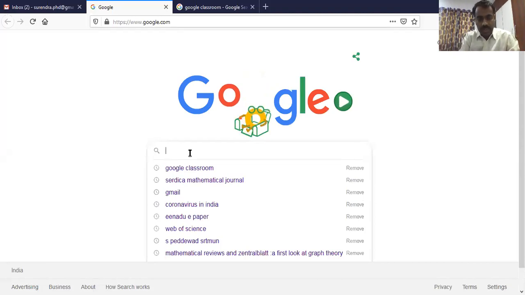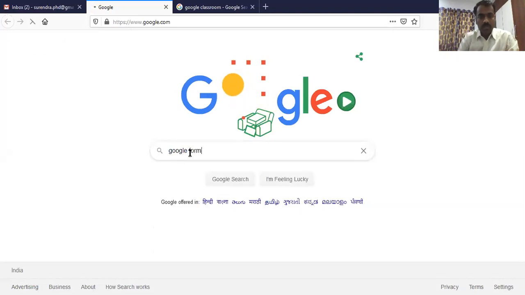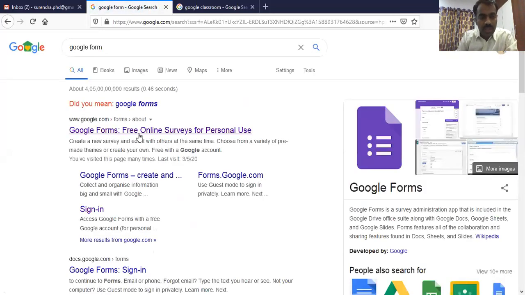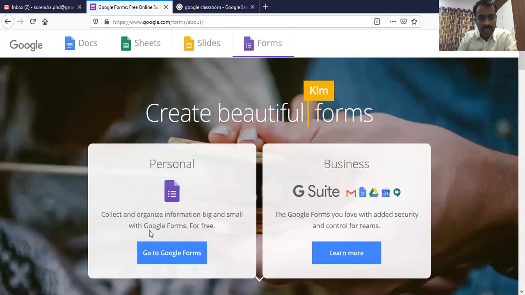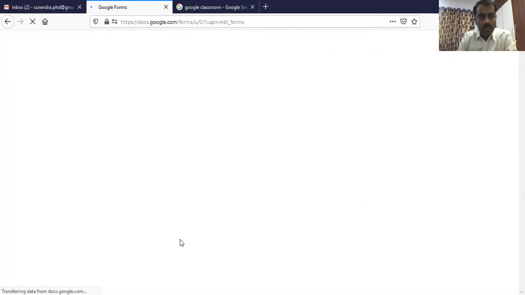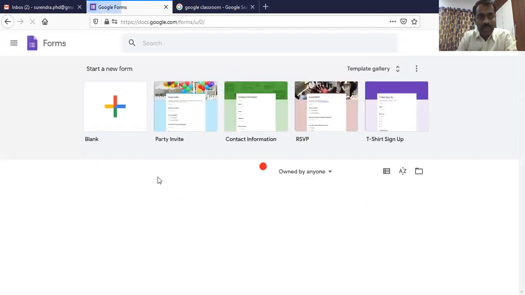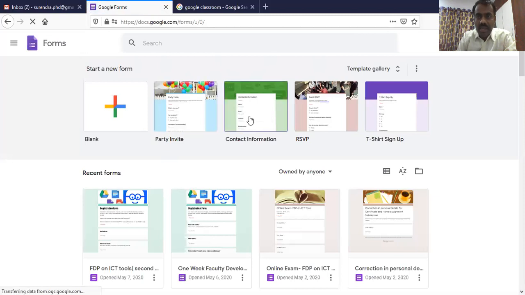Go to Google and then type simply Google Form. If we type Google Form, then it will take to their official website. Click on that. Now here you can see that go to Google Forms is there. You click on go to Google Forms. Now at the beginning, if someone is using first time, it will ask for sign in and it requires Google account to sign in this Google Forms. Because I have already signed in, it is directly taken to this web page. Otherwise, if somebody is new, it asks for the Google account details. So once you give your details, it will take to this page.